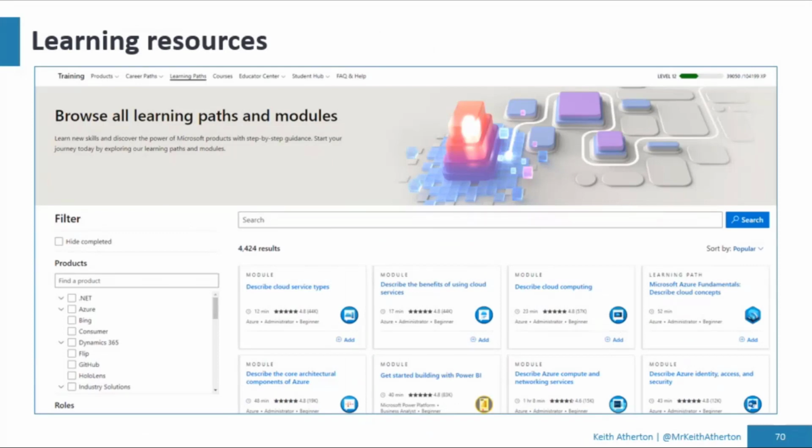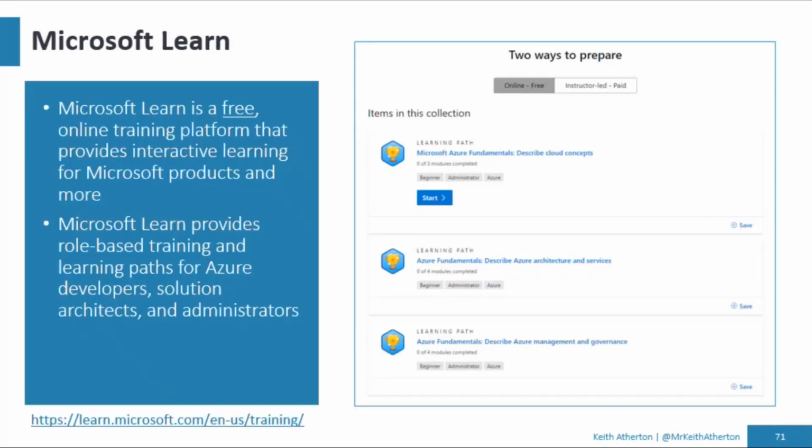Okay, next up, let's look at some learning resources. And number one for me is always Microsoft Learn. This has sort of improved a lot in the last few years, really tailored quite closely to the exams themselves. And it's broken down into various modules, and you get trophies and badges and things like that. And it's free, and it's just super awesome.